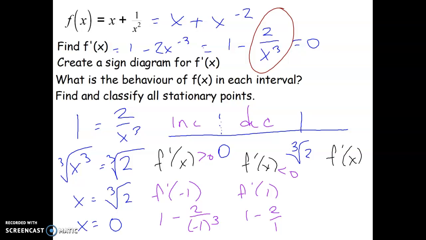And then something bigger than 1.3, let's try 2. All right, 2 to the third is 8. 2 over 8 is 1/4. So this is going to end up being something that's positive. And so there is my completed sign chart. This one that's decreasing and then increasing is a minimum. This one is an asymptote, so I do